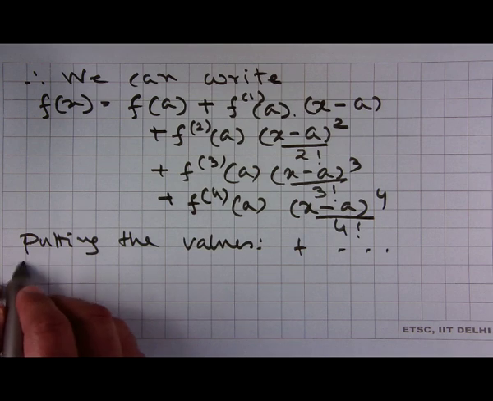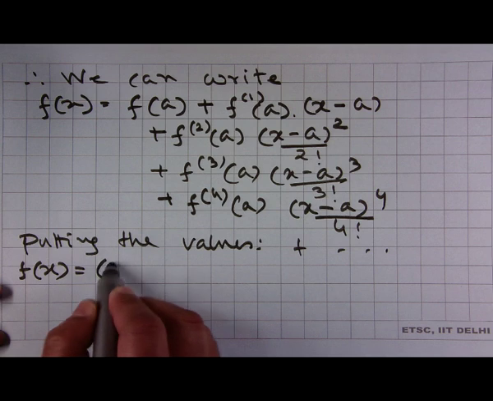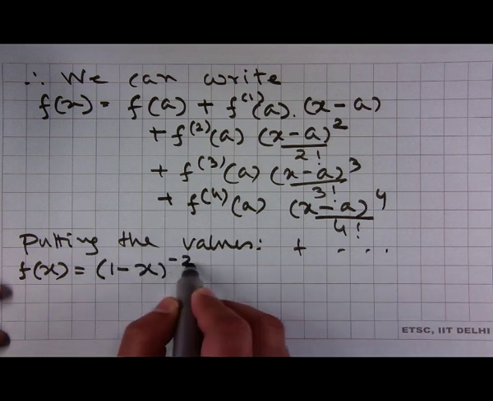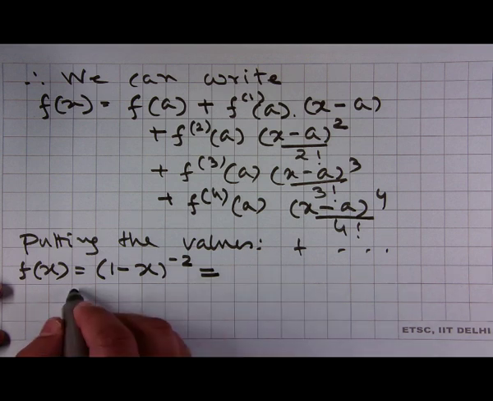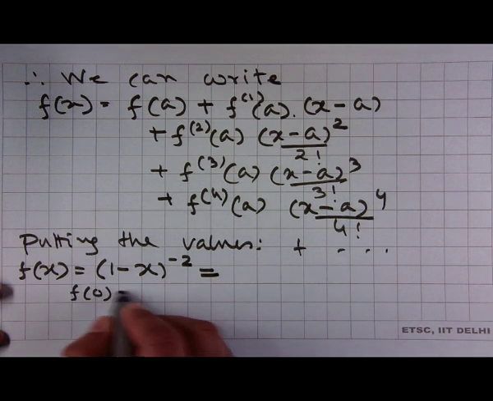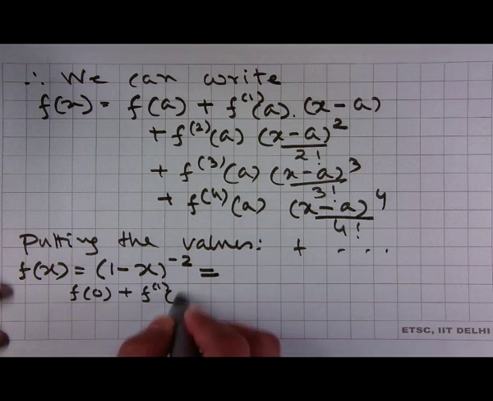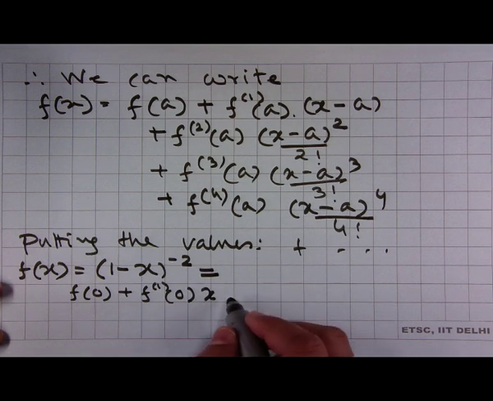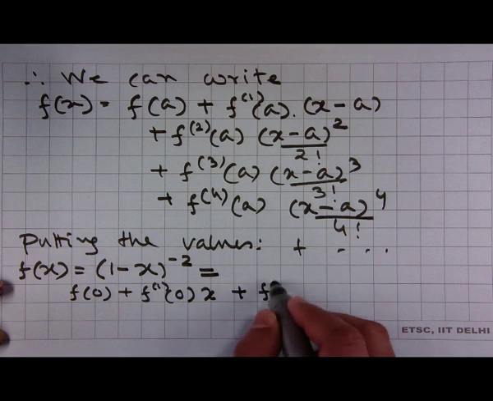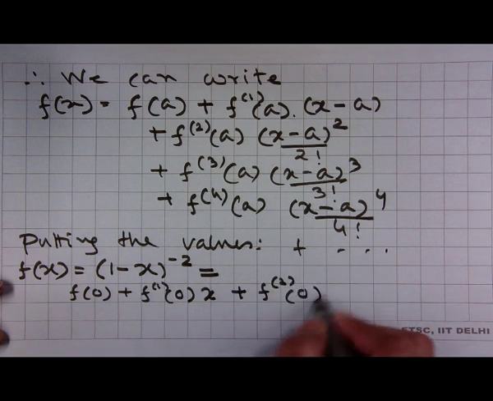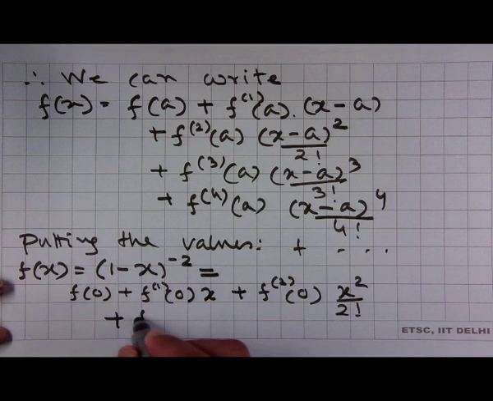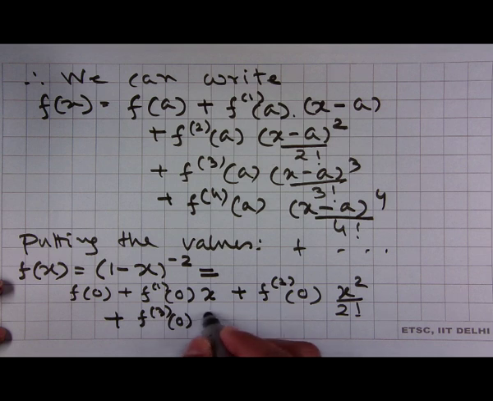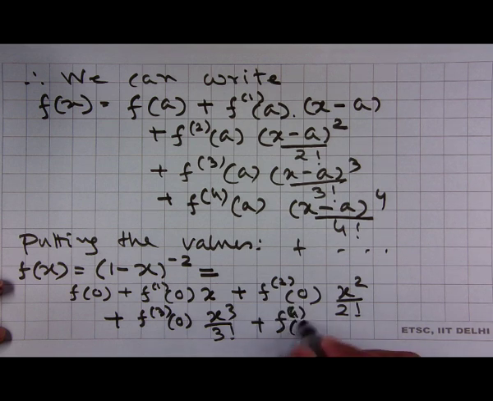f of x is equal to (1 minus x) whole to the power minus 2, which is equal to f at 0 plus f prime at 0 into x plus f second derivative at 0 into x square upon factorial 2 plus third derivative of f at 0 into x cube upon factorial 3 plus fourth derivative of f at 0